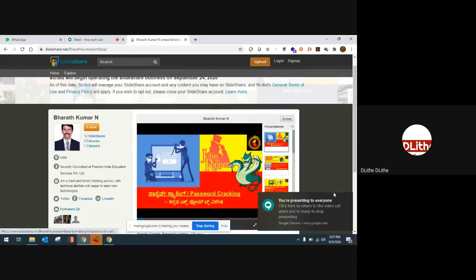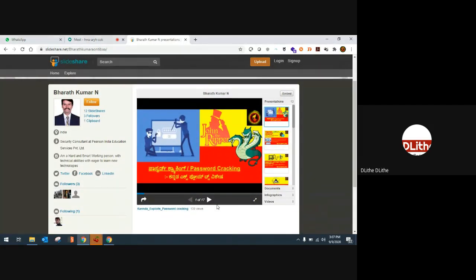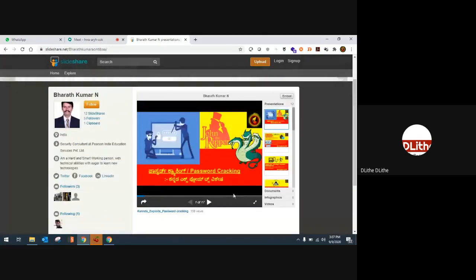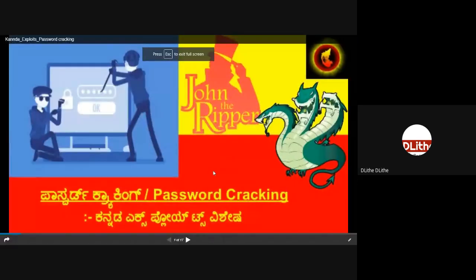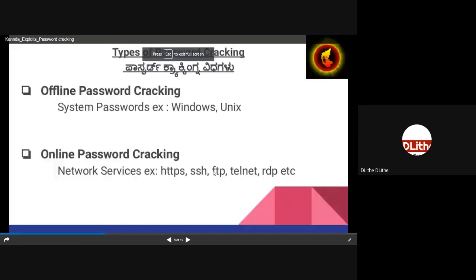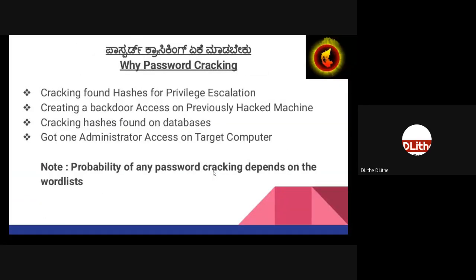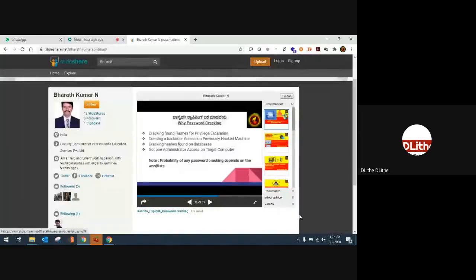When you compromise a machine, you may not always get administrative access. So there will be cases where you need to perform privilege escalation. In the process of privilege escalation, through some other enumeration technique, you may get access to the system's password.